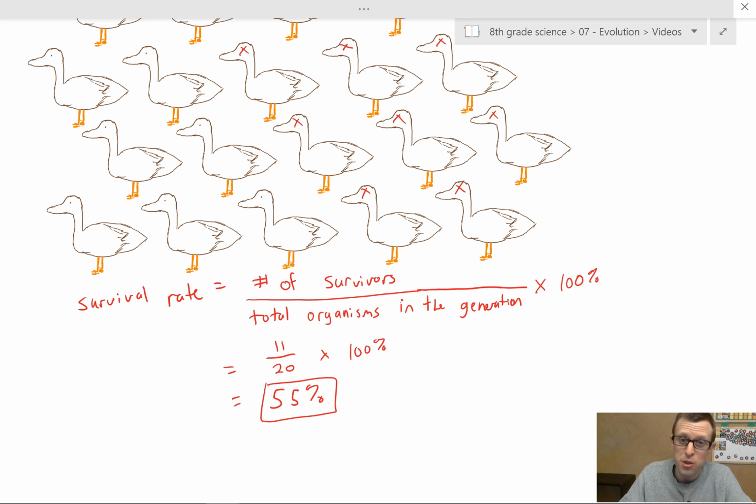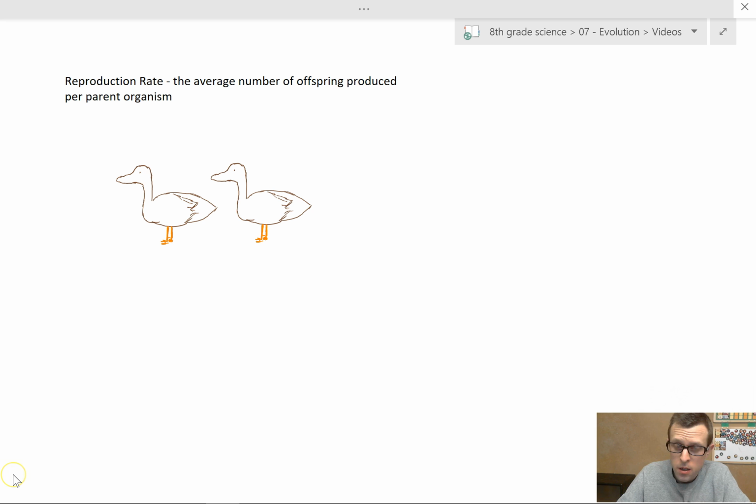Okay, so next up we need to look at not deaths but births. So 55% of our ducks survived, and those ducks then reproduce. How many new little ducks are we going to have around? So now we turn our attention to something called the reproduction rate. And this is just the average number of offspring per adult or per parent. Now, the only thing that's a little tricky about this is the per parent thing. Since we have ducks reproducing sexually, there's 2 parents. So let's say that these 2 parents, who are a couple,